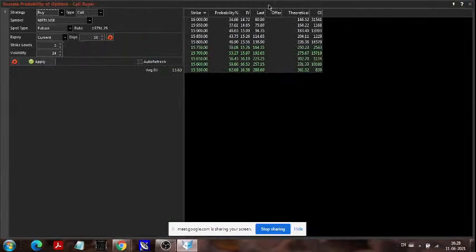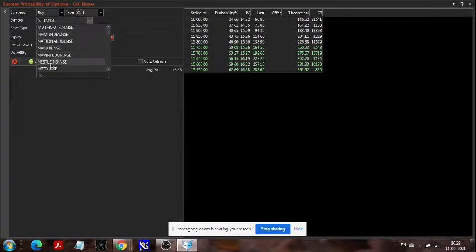Yeah. So there is an option of success probability of options. What I have observed is that 3 days before expiry, if I want to buy any call option or put option, I have this option. If my strategy is to buy a call or put, there is an option of buy, and at the right there is a selection for call and put. If I want to go for a buy, I will select call. If I want to see any other security, I can change from Nifty to any other. Presently, it is showing Nifty.